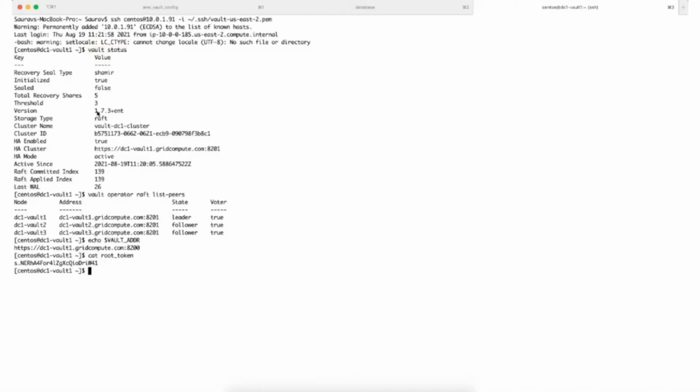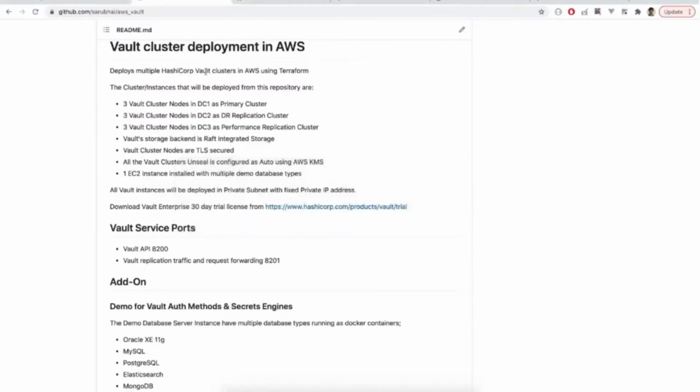To start the demo, I have an HA Vault Enterprise cluster running with an integrated Raft storage backend and auto unseal using AWS KMS. I have used Terraform to automate the entire server provisioning, installation and configuration of the Vault cluster in AWS infrastructure. You may also use Ansible or shell scripts or any form of automation. The point to make here is that automation to install and deploy a Vault cluster has been done many times, so don't worry, you will find enough resources on the HashiCorp site or internet and use the right one according to your infrastructure landscape.